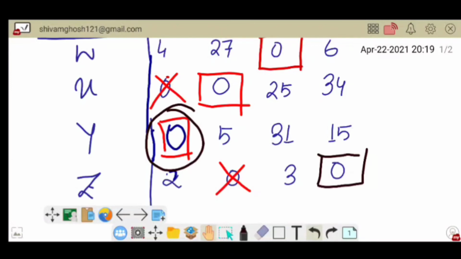अगर इस 0 को सिलेक्ट कर लेते तो हमको ये जो 0 है इसको डिलीट करना पड़ता, और इस रो में और कोई जीरो नहीं है। अगर जीरो नहीं होगा तो ऐसा तो रिक्रूटमेंट कैसे होगा? ठीक है, अब ये समझिए, ये क्या है? ये जीरो असाइनमेंट है, ये जीरो सिलेक्शन का रिक्रूटमेंट है। जिस लाइन पे जीरो है उसी लाइन पे हमारा रिक्रूटमेंट होगा। तो ये जीरो रिक्रूटमेंट है। इस स्टेप में हमको जीरो रिक्रूट करना है।